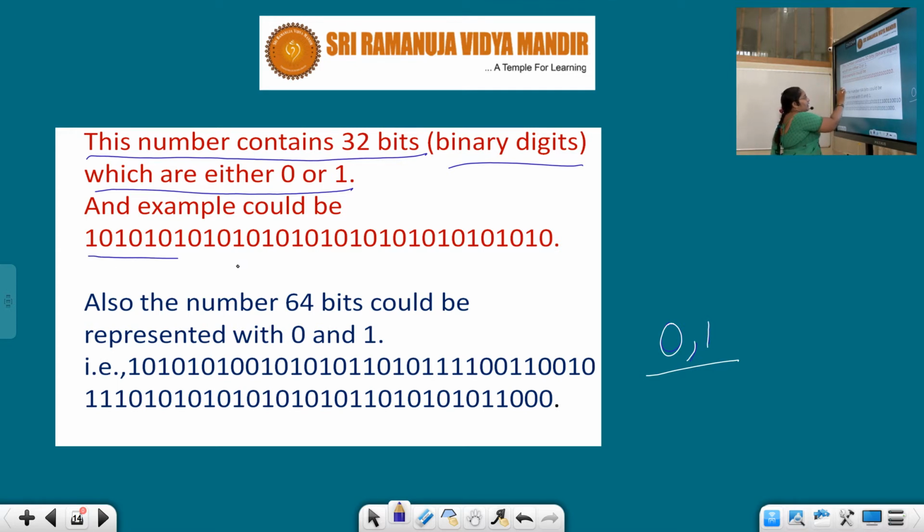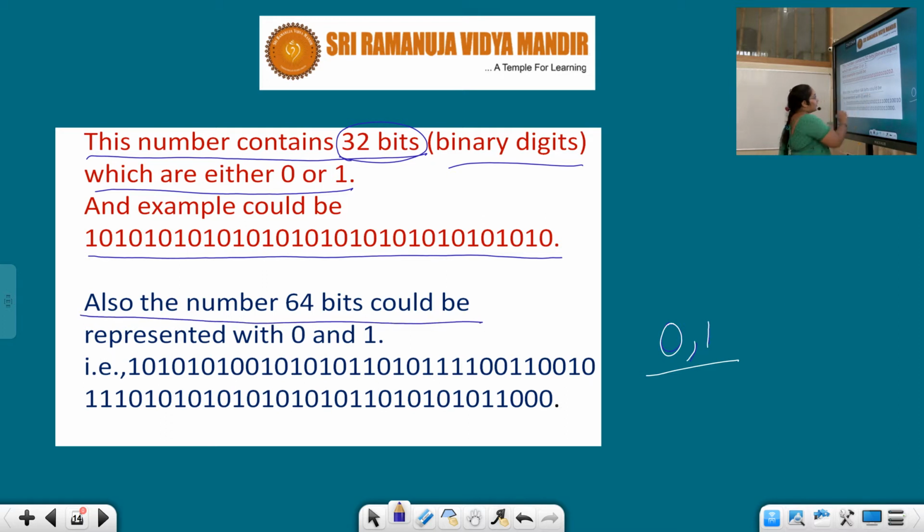So, here we are having 32 bits. It will be in the format of 0, 1, 0, 1, or something else, not in the same format. According to the ASCII alphabet code, the information will be converted into 0s and 1s based on the numbers we have for the alphabets. We will see that in a later session.